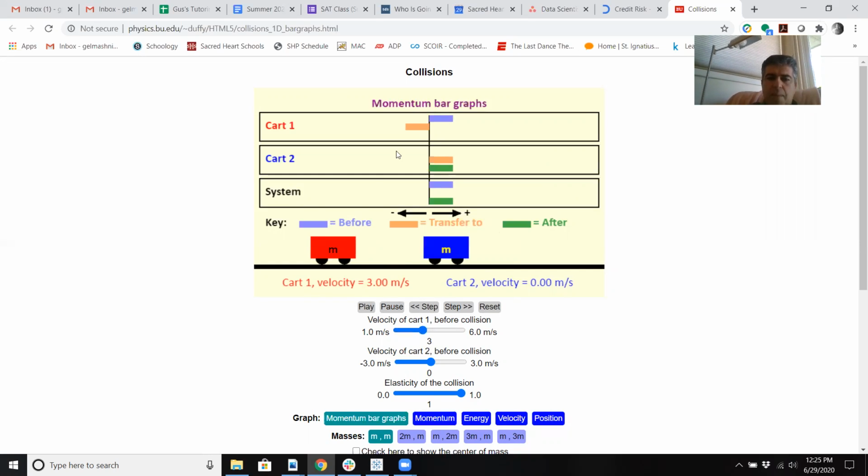you can see what's happening is that the blue is the momentum of this red cart before collision, and then it's transferred in the orange, and then of course it all comes to the green, and the total system stays the same for the momentum. So that's our momentum bar graph. So again, if I do that,